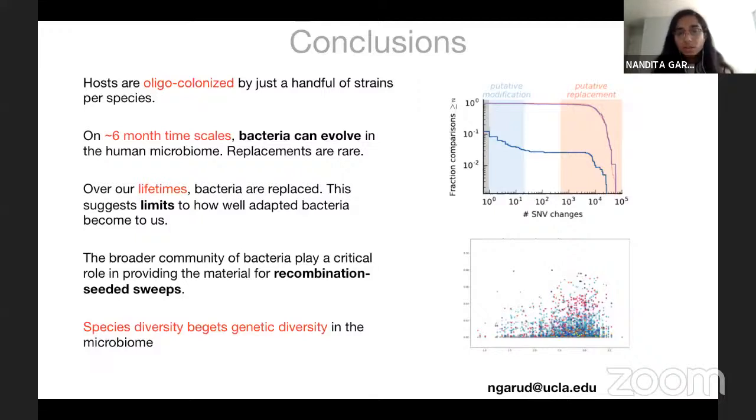The distributions of gene gains and losses, and also SNP changes, don't suggest that there's anything erroneous creeping in because these look to be asymmetric, specifically with respect to the gene gains and losses. Had there been a read recruitment issue there, we might have seen more symmetry. So many pieces of evidence that we considered point to the fact that we've accounted for a lot of error here, not to mention the sampling error.